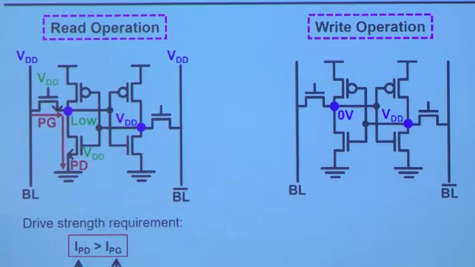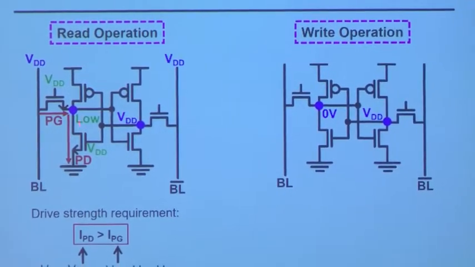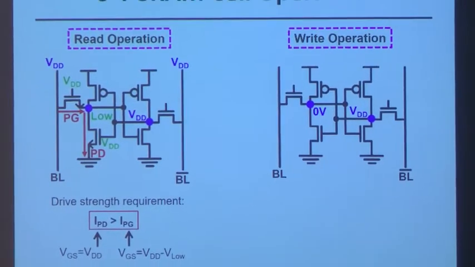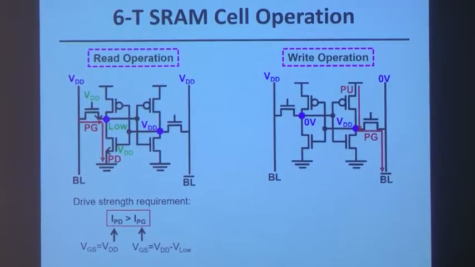So this turns out to be not an issue to achieve because the source voltage of this pass gate transistor is higher than the source voltage of this pull-down transistor. So naturally, this pull-down transistor will always be stronger than this pass gate transistor. So there's no problem to read information in a 6T SRAM cell if the size of the pass gate transistor and pull-down transistors are the same. Now for write, it's a little bit different. Let's say we store